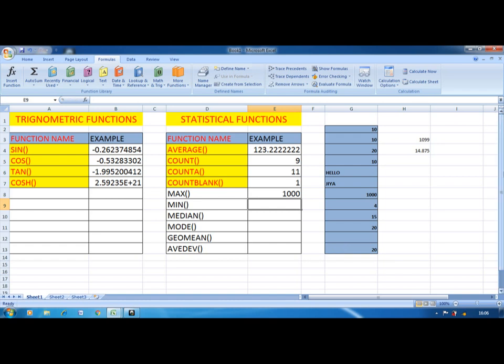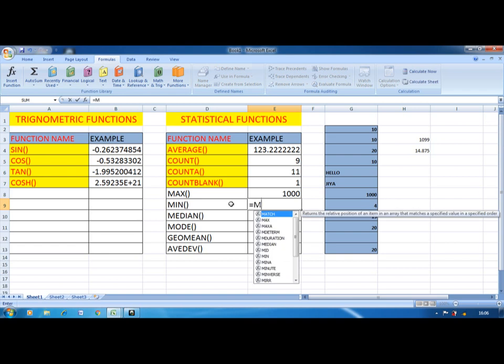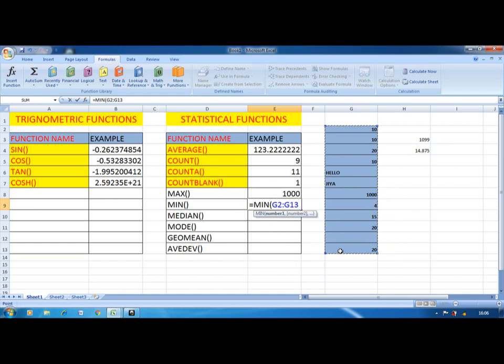For that purpose we use the MAX function, and the opposite of MAX is MIN. It is not maximum or minimum, just MAX and MIN. Your minimum is 4. Now instead of 1000, I will make it minus 8.